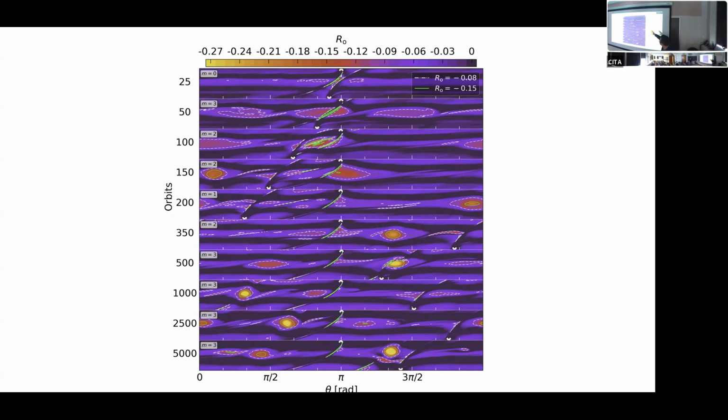So this is the closest figure you may see. This is the Rossby number as a function of time. There is no steady state at all. The cross marks the position of the planets. So this is radial. Sometimes you have an m=0, you have an m=3, m=2, and they evolve, they merge with each other. It's actually fairly dynamic. I'm not sure if I'm responding to the question, but